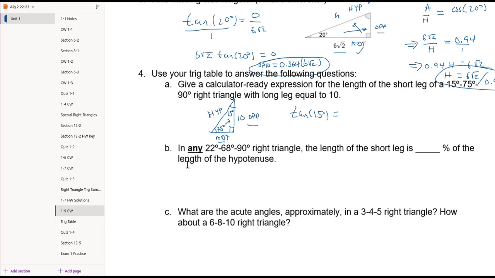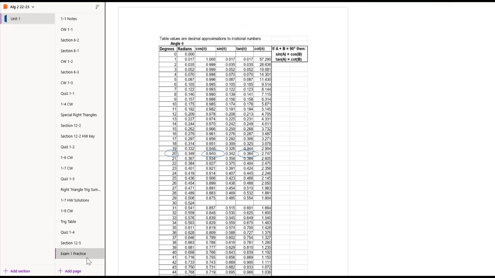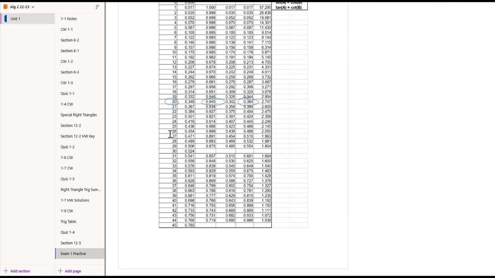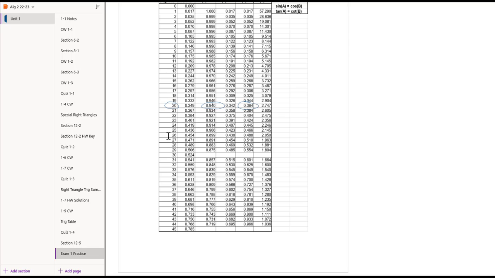Wait a minute, the tan of 75 would be opposite, which is 10, over the adjacent side. The problem is when you go to look it up in a table, the tangent of 75 is not in there. The table only goes up to 45, and that's because every angle in a right triangle lives with its complementary angle in the same right triangle, so you really only need the angles up to 45 to find any